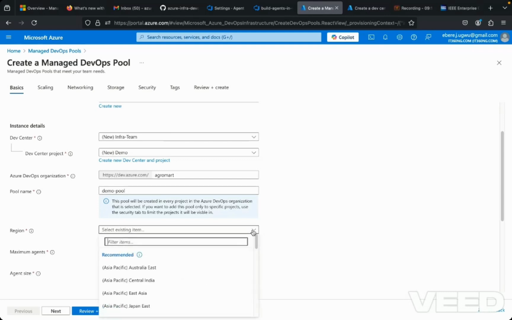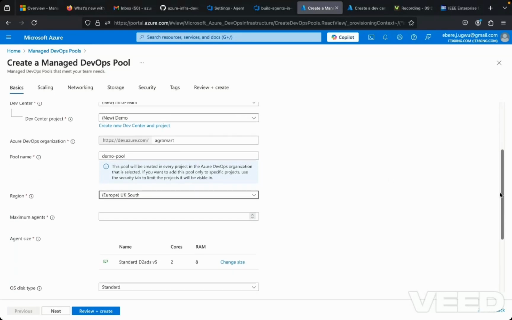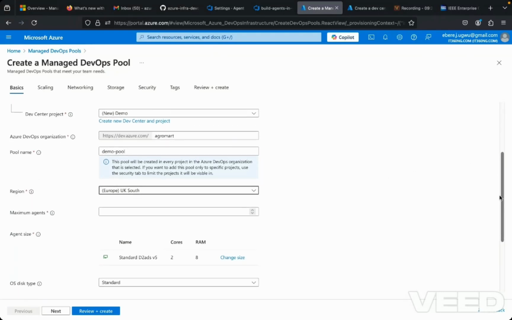and then you can choose region. We use UK South. We choose a region closest to you. However, it can still scale and then replicate to other availability zones within that same region. So here you can specify the number of agents. Unlike